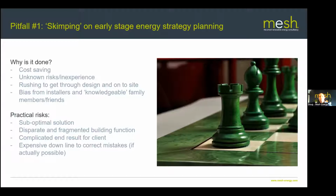A lot of those risks are unknown, and still a big one when people get excited and get all their architectural plans together is, right, when can we start building? And so they're rushing to get groundworks contractors out. They've got all their planning permissions and stuff. And again, the focus is in the wrong area. The focus is on breaking ground. You know, we need to build this in a year's time so we can move in for Christmas. We've all heard that. And they skip some of these important points and hope that contractors can